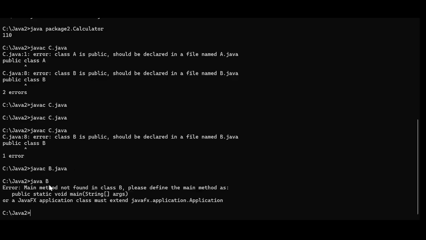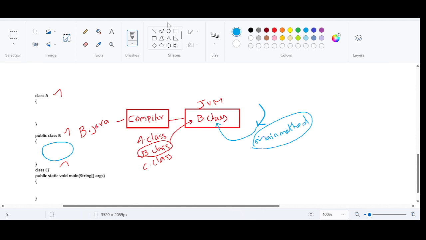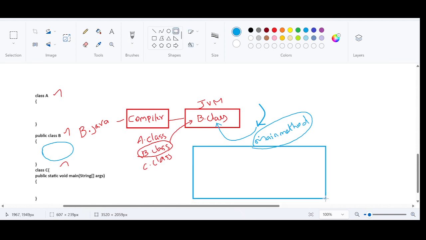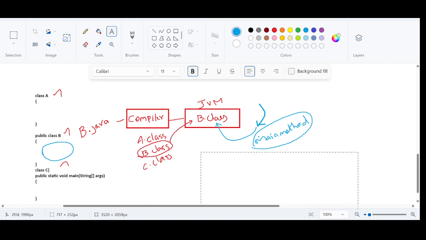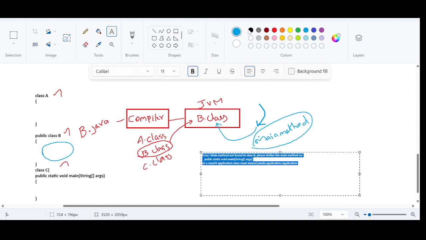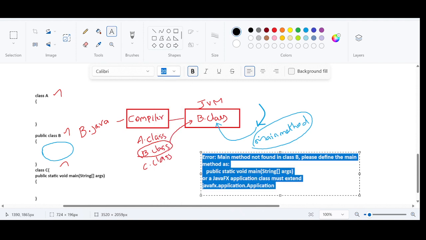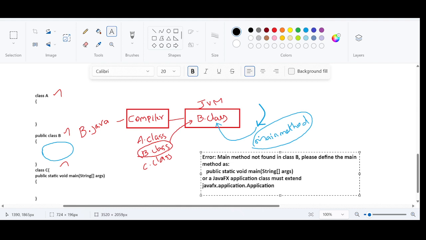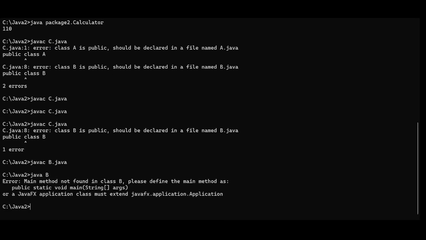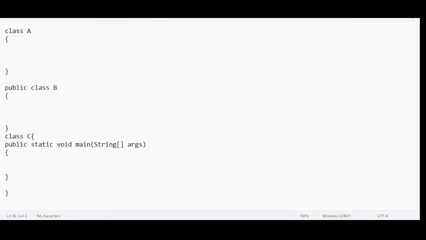Let me copy this error. That's why we are getting this error. What the error says: main method not found in the class B. Please define the main method as well. One scenario, the scenario which has failed. Second scenario, if I do the opposite,